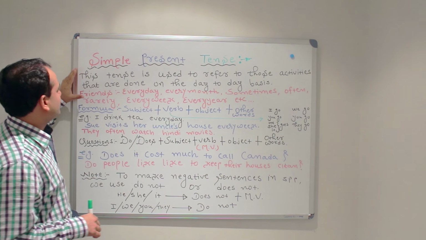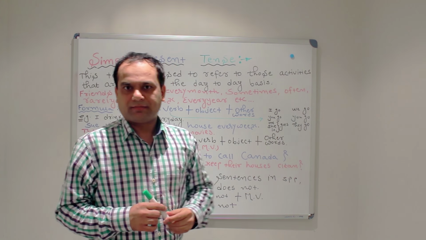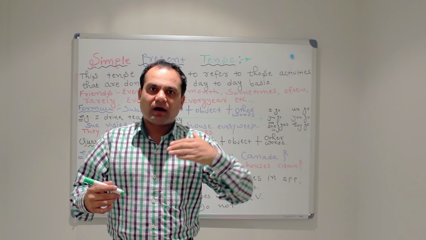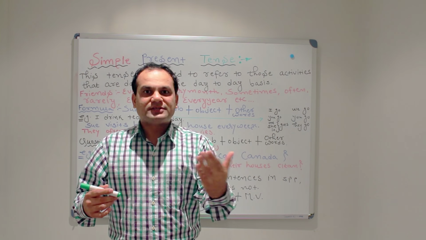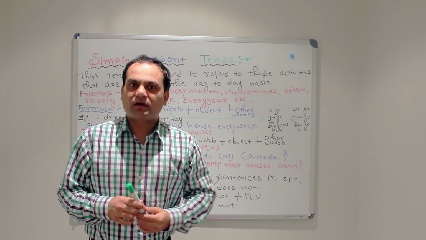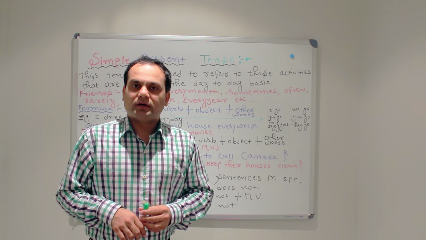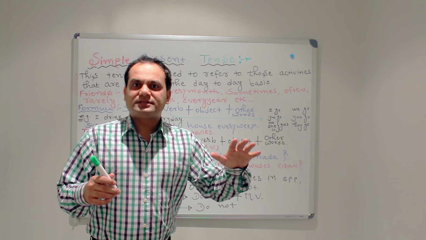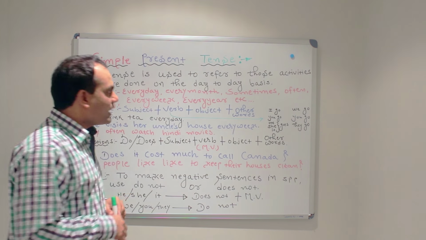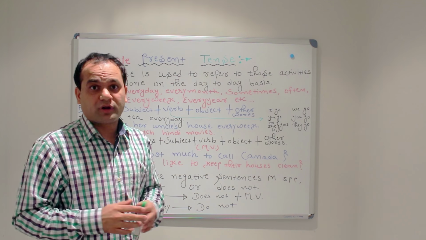So simple present tense is used to refer to those activities that are done on the day-to-day basis. Those activities that are done on a regular basis are expressed in simple present tense. Activities such as I go to school every day, or we visit our uncle's house every Sunday, or my family goes to watch a movie every month. Activities which are done on a regular basis are expressed in simple present tense, and it is one of the most crucial tenses. All tenses are important, but simple present tense